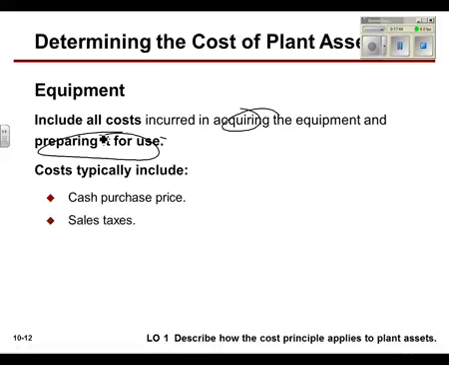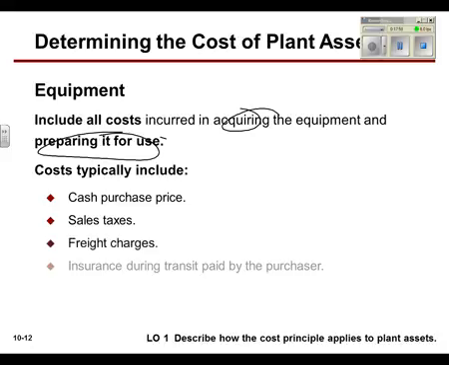Got to pay sales tax on equipment. It's a big part of it. You go buy a brand new car, you're going to pay sales tax. You go buy a brand new tractor, you're going to pay sales tax. Freight charges to get it to you. And insurance